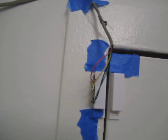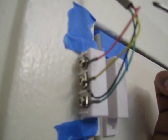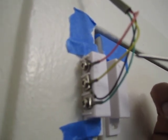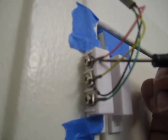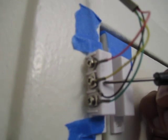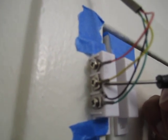Now, in this case here, the way that this sensor is set up is it is in its normal state when the magnets are together, and when the magnets are apart, that is the off-normal state. And so the wiring here is, I have a telephone line here actually, and I have tip and ring going to, I have ring going to the common terminal, which is here, and I have ring going to the normally open terminal. And in the middle we have the normally closed terminal, and I have yellow and black connected to